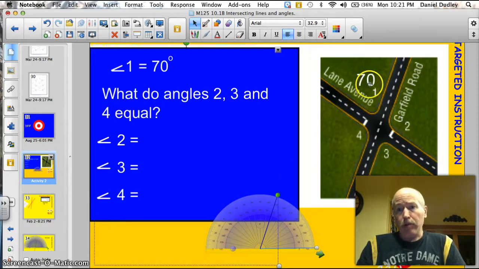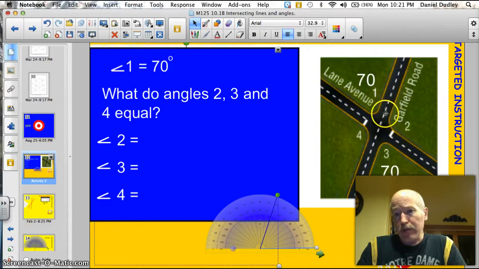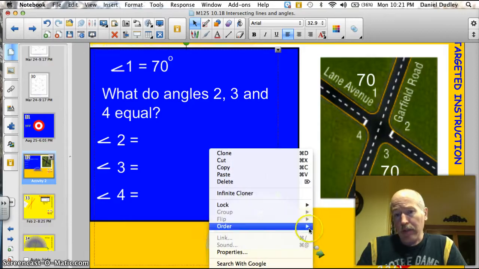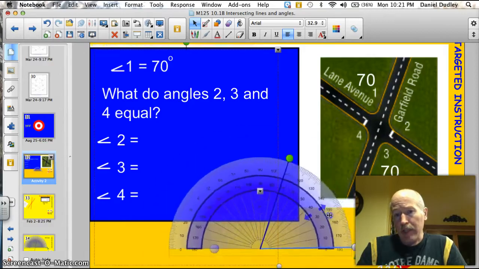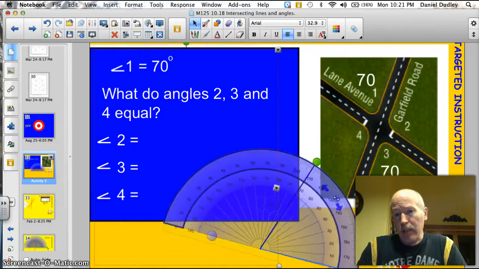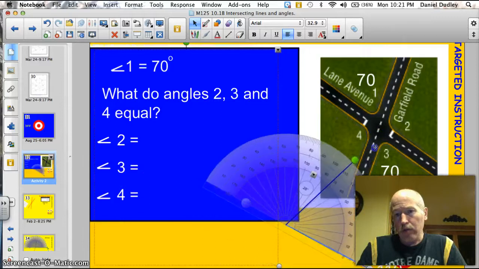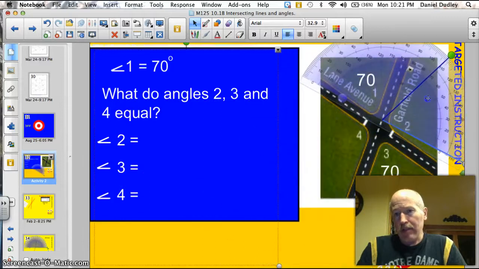Opposite angles are equal. So if this angle is 70, this one right over here is going to be 70. Now you found two of the angles. If you think about these two angles here as being a half of a circle, or a protractor like this one here, like a protractor like this guy down here, and you were to lay this on there just like this, and you found out the measure of the one angle,